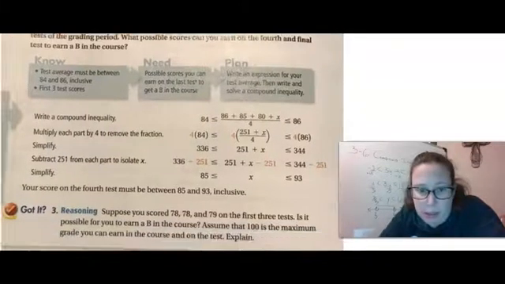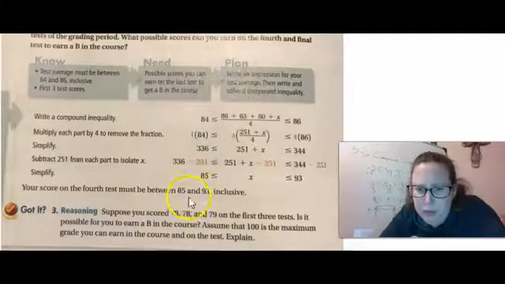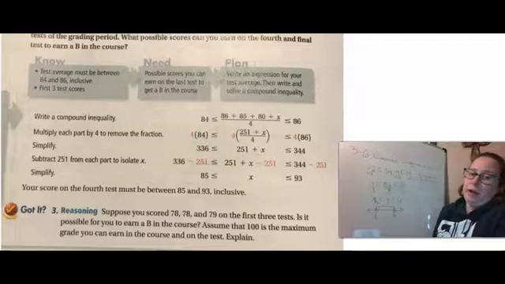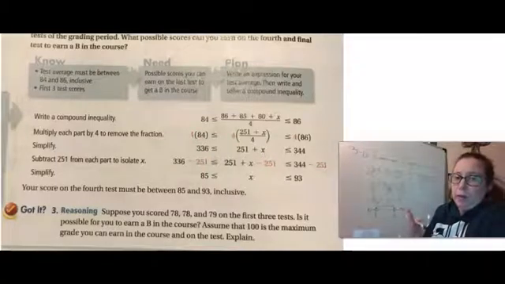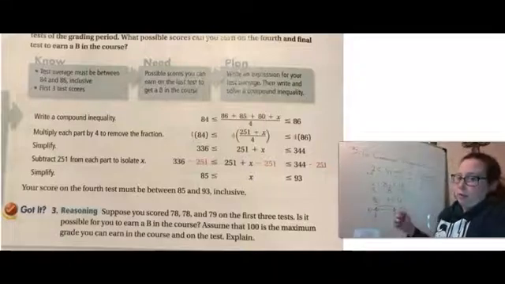Go ahead, try got it 3, which you could see is set up to be a very similar problem here. It says your first 3 tests were 78, 78, and 79, and you want to know, is it possible to get a B for the course? Assume that 100 is the maximum grade that you can get, but you're supposed to figure that out and decide why. So we actually can set this up very similar to our first example there, and